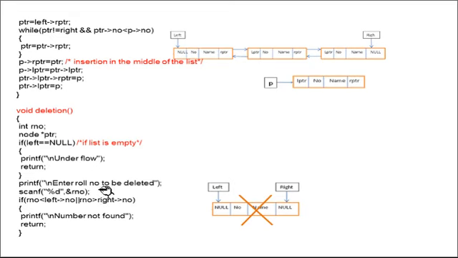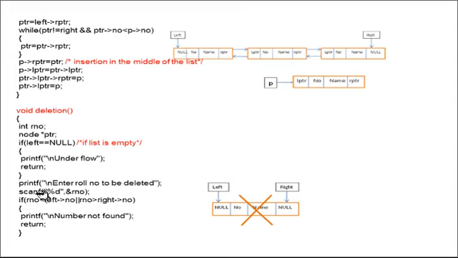So here, enter the roll number to be deleted. So which node you want to delete? That is 10. If the roll number equals 10, then delete this one. If the roll number equals 20, delete this one. So like that, you have to take the roll number from the user. So based on the roll number value, we are going to delete the nodes from the double linked list, based on the roll number value that we will take from the user.